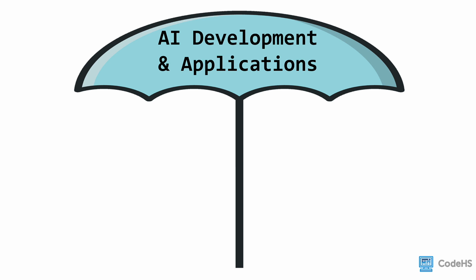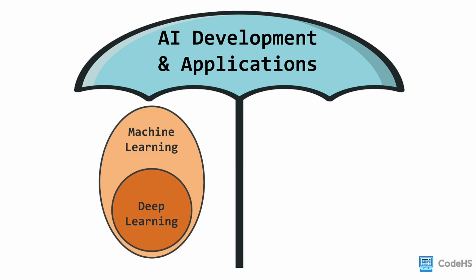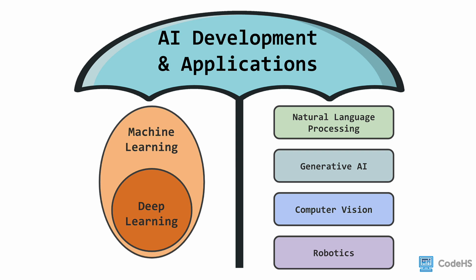Under the umbrella of AI, there are a variety of exciting developments and applications currently underway. Machine learning, and its subset of deep learning, is one of the most popular and widely applied fields of AI, which is why we'll be focusing on it in this video. There are also some really exciting applications of AI in the works as well, like natural language processing, generative AI, computer vision, and robotics. There are many techniques and approaches that these will share, and many use machine learning in some capacity. So let's talk about machine learning in more detail.